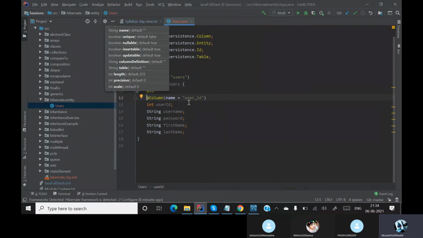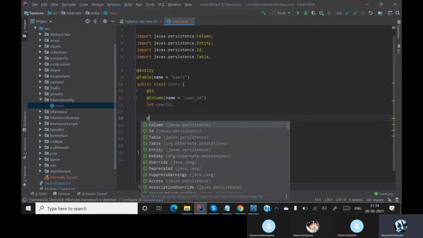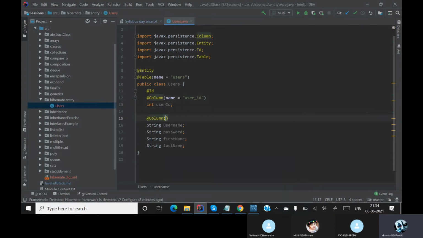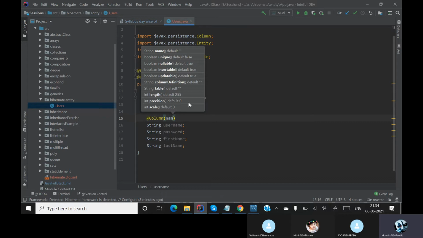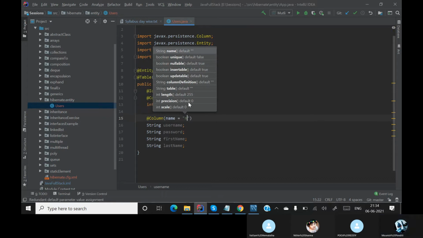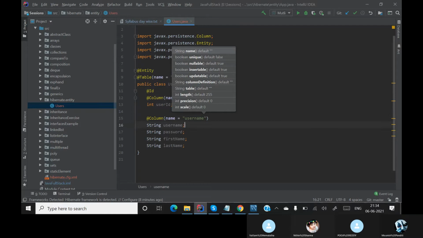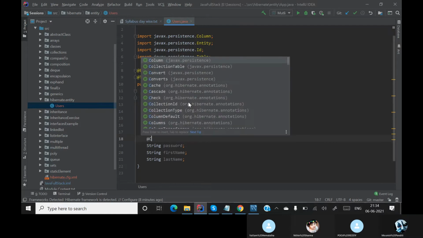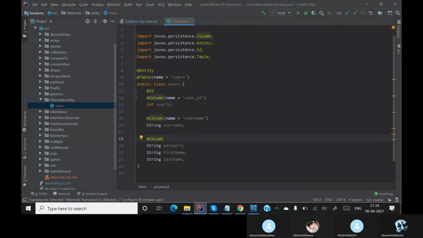To not have the benefit of a doubt, we will simply give the names. So this will be our username, and here this will be our password.